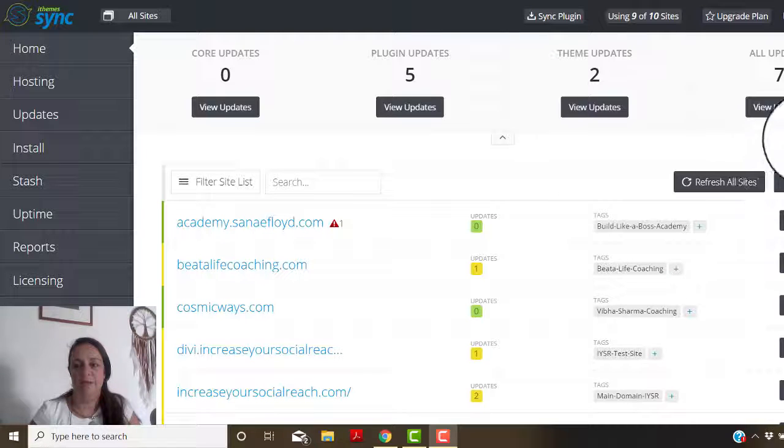Hi everybody, it's Sophia here, and today I'm going to show you a plugin that you can use on your WordPress site that is going to make your life so much easier when it comes to updating your themes and your plugins. So I'm inside iThemes Sync, and this is what I use with all my clients and on my